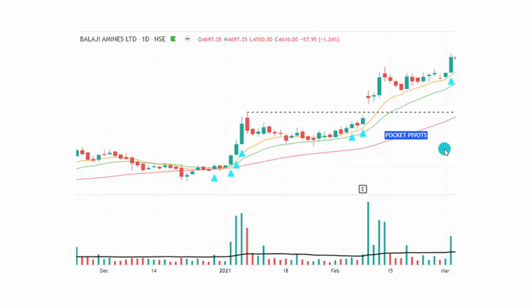This is an interesting example, and one key takeaway here is, for leading stocks, you might want to watch them a few days before their earnings, and if you see the price behavior on these lines, and you see some pocket pivots, then it might be a good idea to start building some pilot positions.